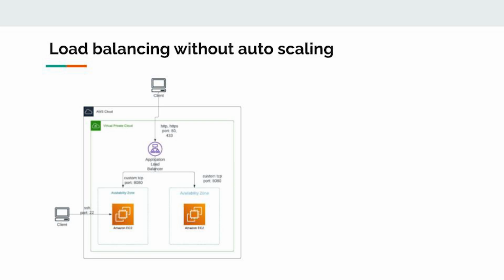To avoid that issue, there has to be a health check system that periodically monitors the health of the instances and replaces the unhealthy instances with healthy instances. Another issue of this load balancer-only architecture is that it can become unavailable if the application receives a spike in demand. To fix this issue, there has to be an auto-scaling system that scales the system out and in based on the application's demand.